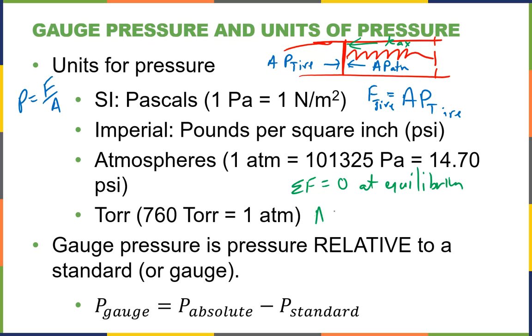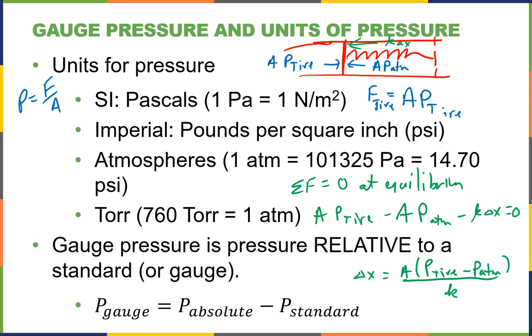So I'll have A times pressure tire minus A times pressure atmosphere minus K delta X equals 0. And so if you solve that for delta X, you get delta X equals A times (pressure tire minus pressure atmosphere)